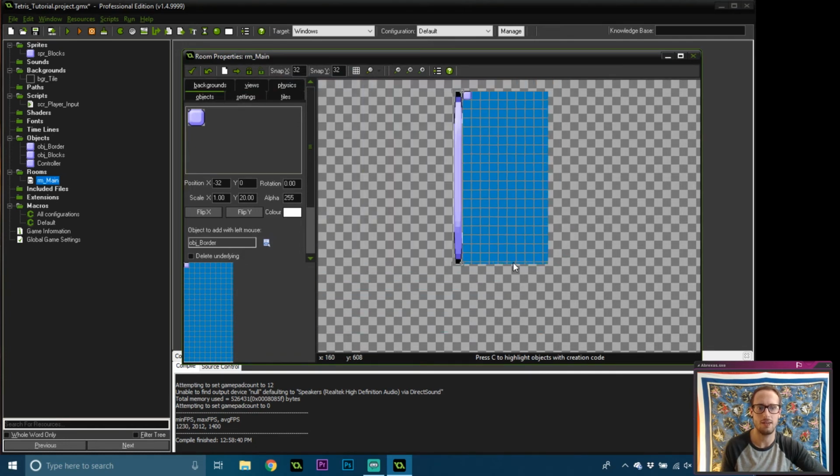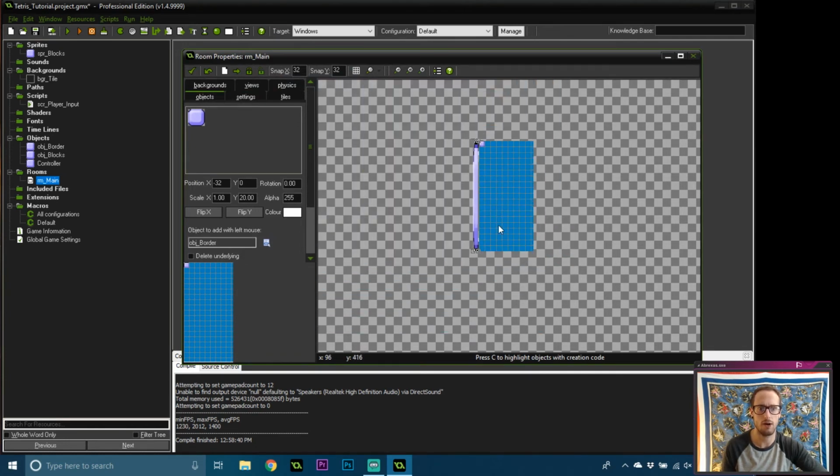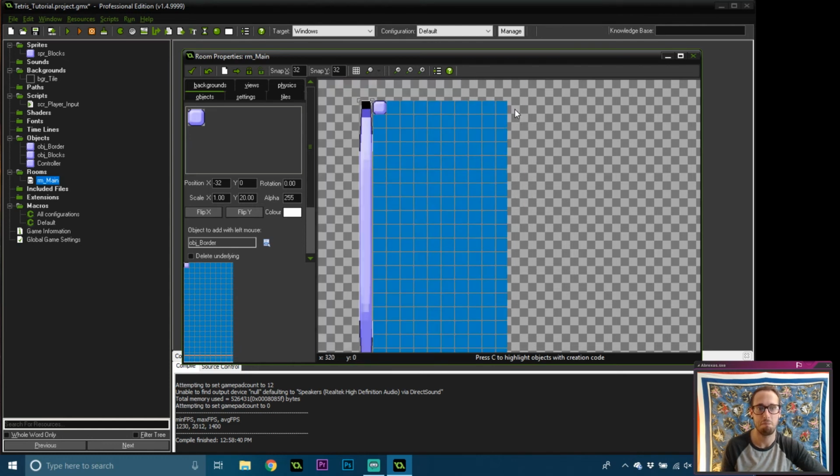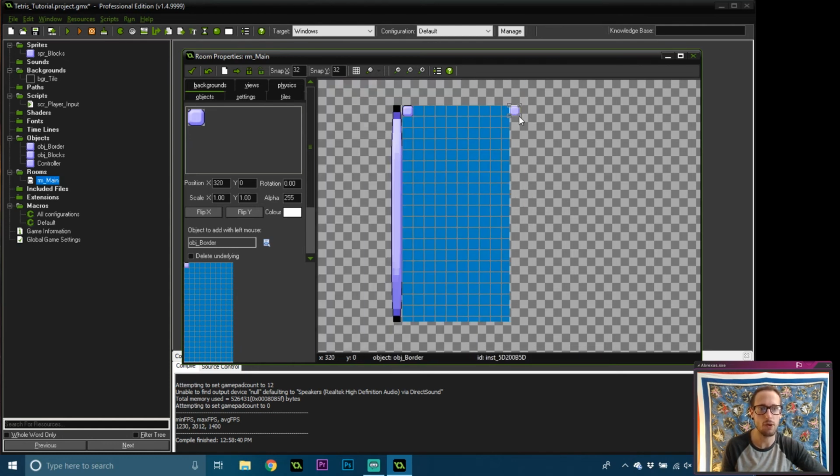I hate this part of GameMaker. When I scroll out, sometimes it'll look like, right here, if you guys can see that, like maybe 16 pixels on the side. But if you zoom in, it is 32, and it always goofs. But if you're wondering why the border can't just be another block object, I